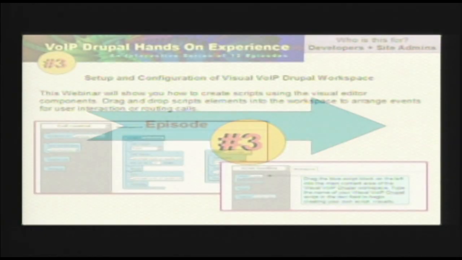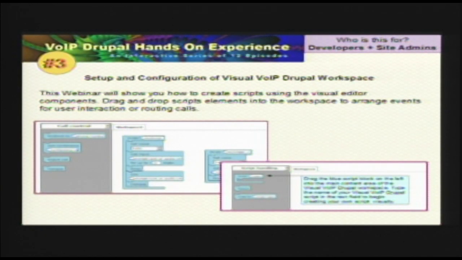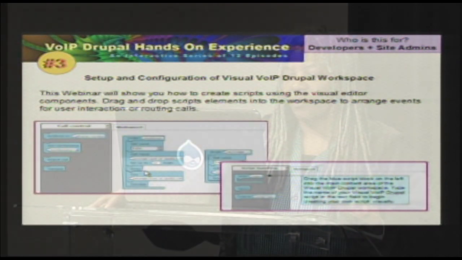After that, I'd like to do a webinar on, this is very exciting, it's called Visual VoIP Drupal. It allows you to drag and drop pieces of scripts around. So if you're not a programmer, but you have a little programming skills, this is incredible. It lets you just drag pieces of the script, like hang up, or a beep, or choosing a